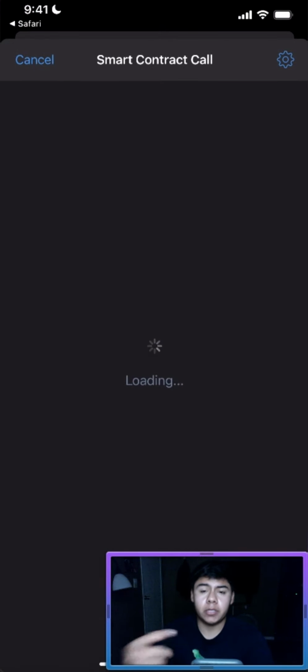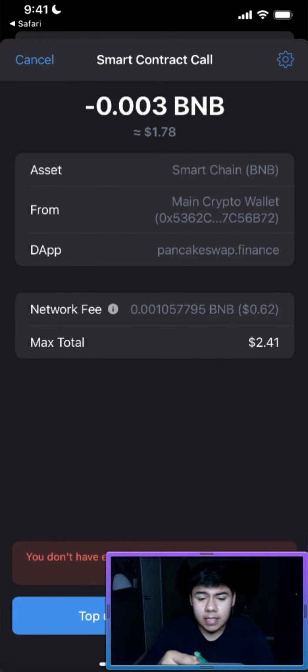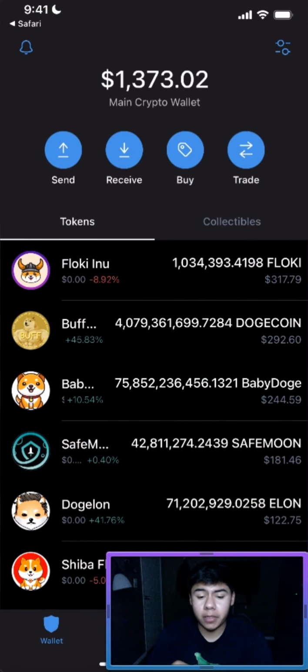And it's going to direct us to our wallet. Since I don't have enough BNB, it's not going to let the transaction go through, because I guess 0.003 is worth $1.78 at the moment. And as you guys can see, the network fee is pretty cheap compared to other fees. It's only worth 62 cents. But right where it says top up Smart Chain, normally it would say confirm purchase. So let's say if I click confirm purchase, it would purchase it,